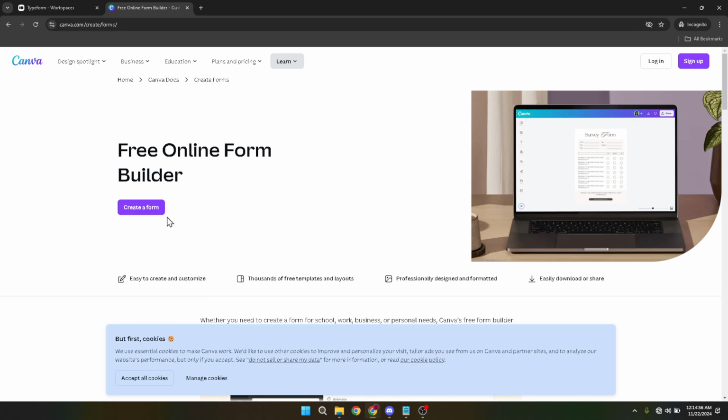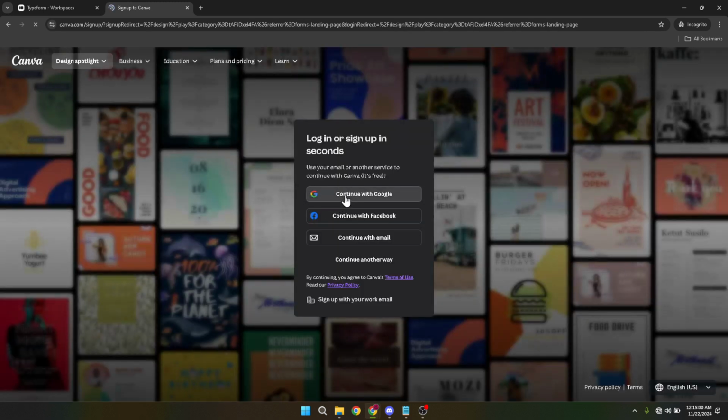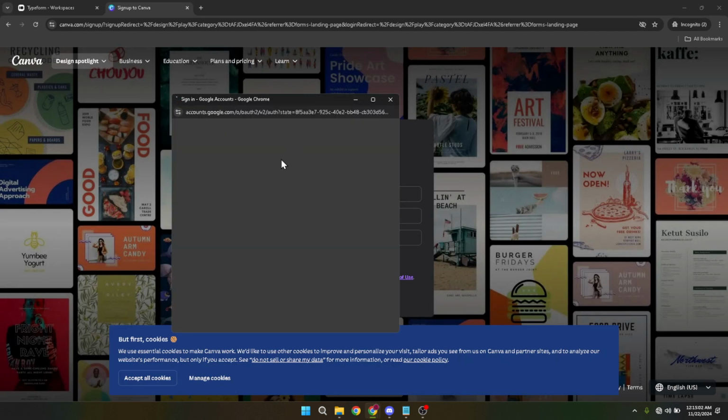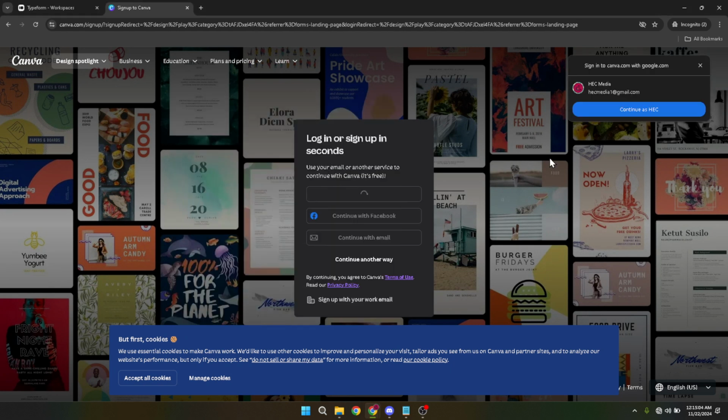Canva provides a plethora of templates, so you can easily choose one that aligns with your brand or event theme. Spend some time designing your form. This could be as simple as adding your logo, choosing your brand colors, or even arranging the elements to make it visually appealing. Remember, this is your chance to make an impression, so unleash your creativity. Once you're happy with the design, let's proceed to embed your Typeform.